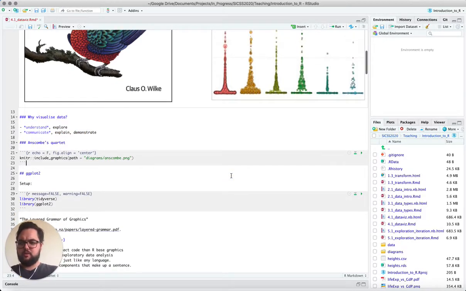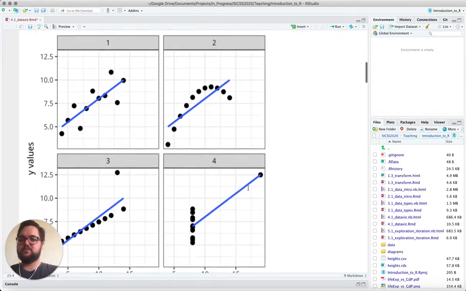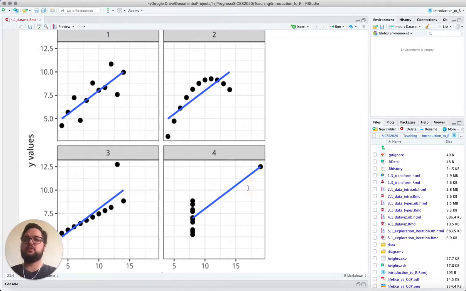So I have an example here which some of you might have seen, which hopefully illustrates the importance of visualizing your data rather than just looking at summary statistics. This figure here is called Anscombe's quartet, and it uses 4 scatter plots showing the relationships between 2 variables, so height and age or income and time, for instance. Each of these 4 are made-up data sets, so they contain 11 observations, so that's 11 rows in each data set. And for each of them, the numerical properties, so the means, the standard deviations, and the correlations between the variables